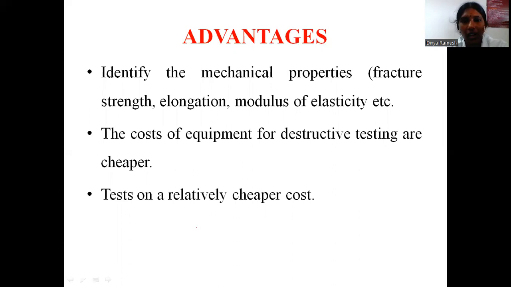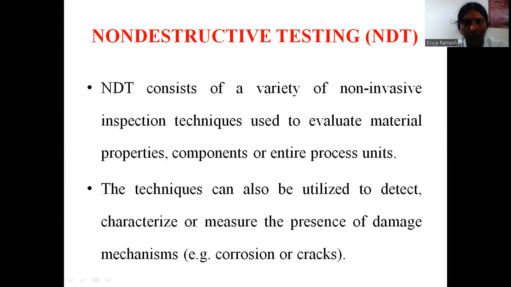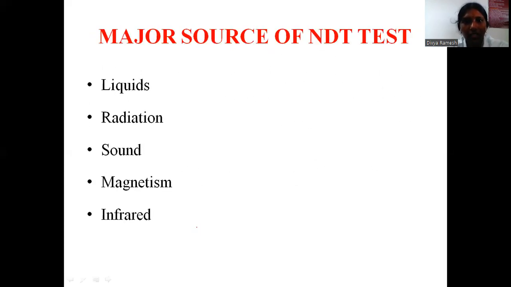Next one is the advantages. Destructive testing is majorly used to identify the mechanical properties of a material, and it is performed at a cheaper cost. The disadvantage is that you cannot identify the internal defects. In non-destructive testing, you use some sources in order to test the properties of the material